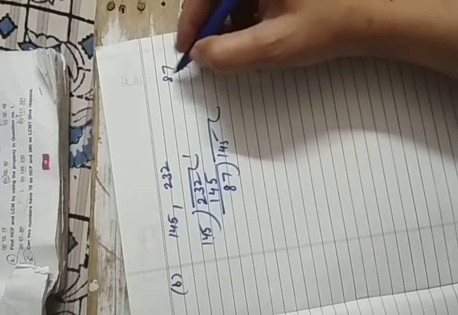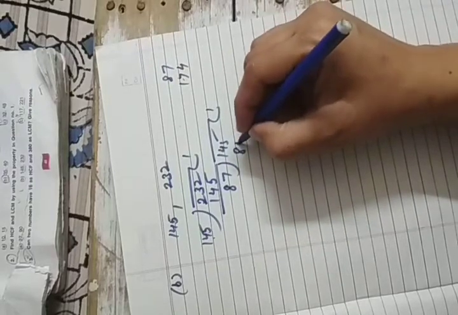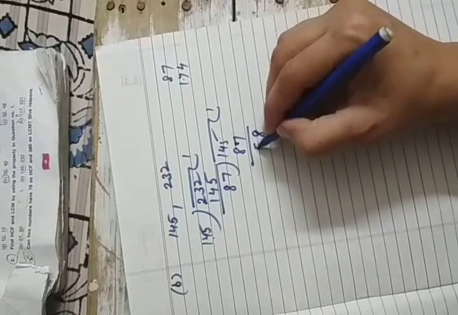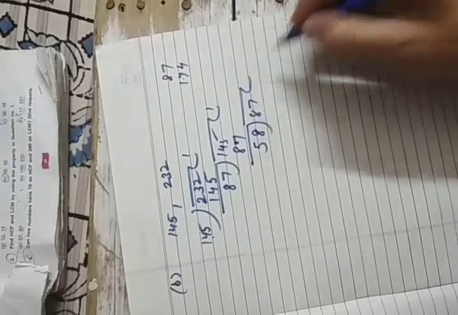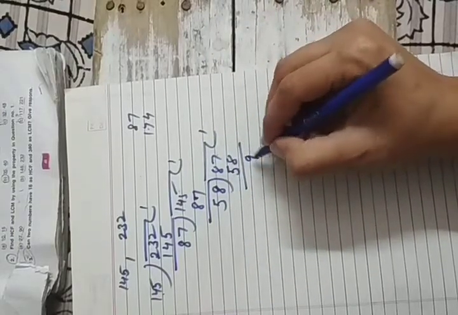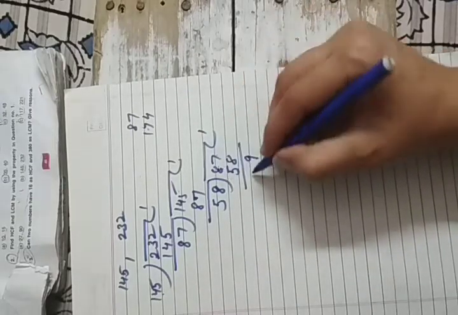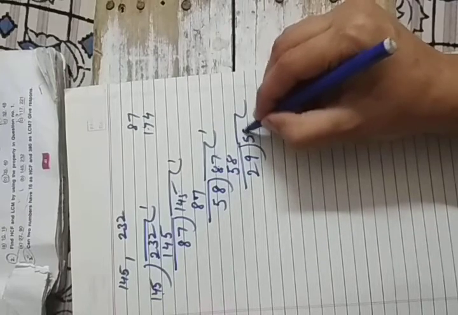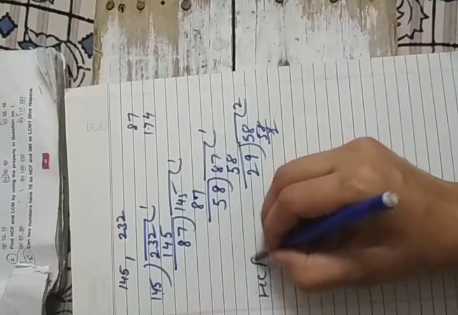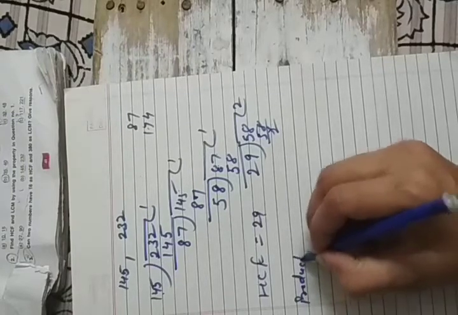87 7 7 14, 1 कैरी. 170 ये बिगर है 1 पर 87. 15 minus 7 is 8, and now 13 minus 5 is 8. Again with then 58. 17 minus 8 is 9 and 7 minus 5 is 2, 29. Now 29 twos are 58. Now HCF is 29.